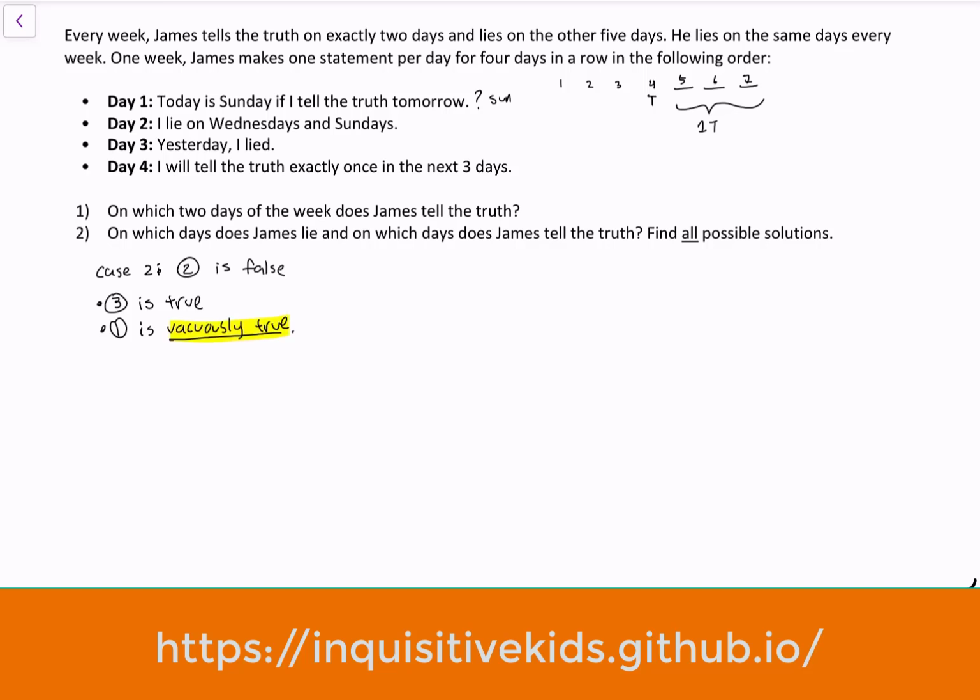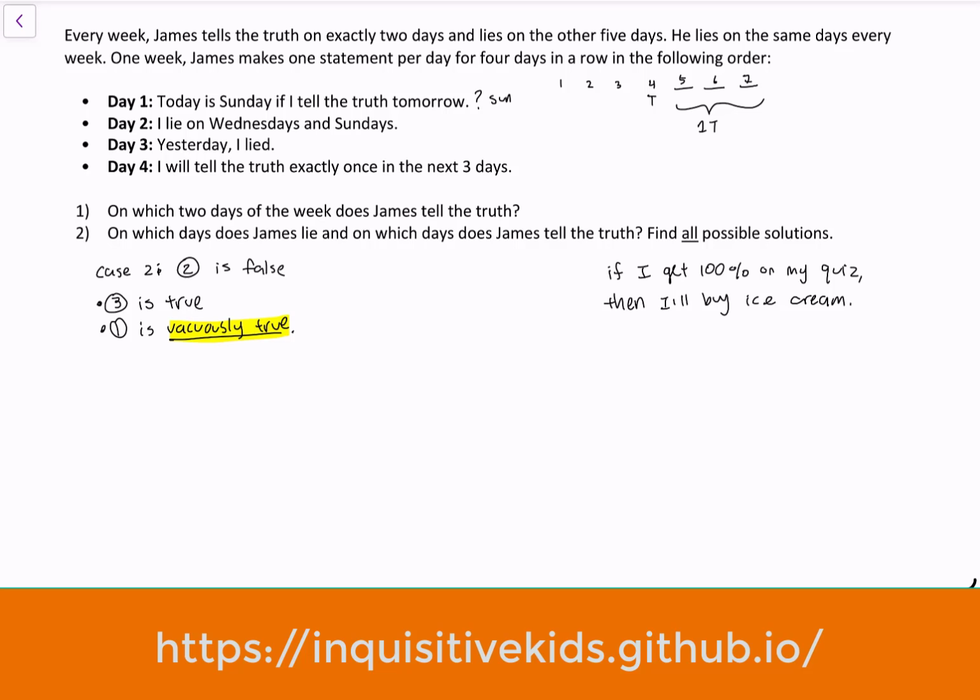If you don't know what vacuously true means, I will explain it now. This is kind of a side thing, but vacuously true means that if you have an if-then statement, like if I get 100% on my quiz, then I'll buy ice cream. This is an if-then statement. So what a vacuously true statement is, this would be a lie if I do get 100% on my